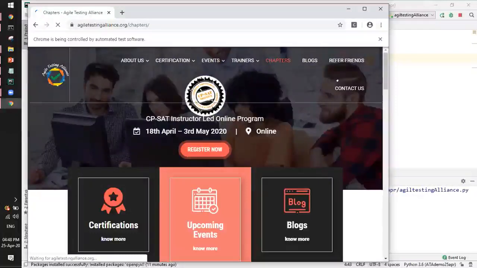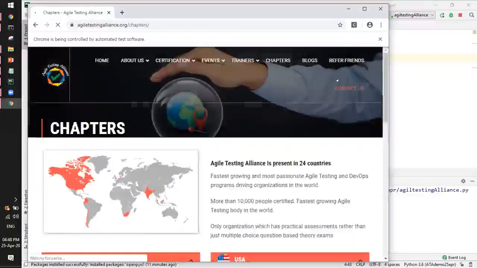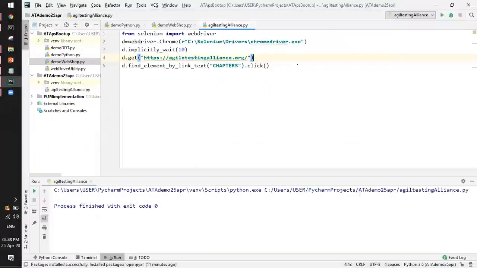Okay, it has found the chapters link and it has clicked on it. This is a very small code I've shown to demonstrate how easy it can become when we use Python, compared to Java, where we have to write a lot more lines to do this small task.